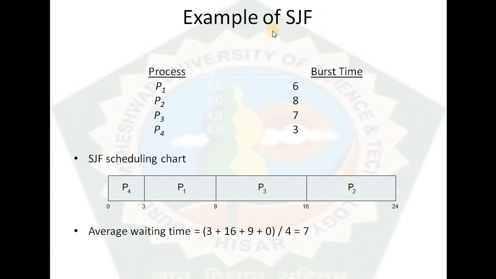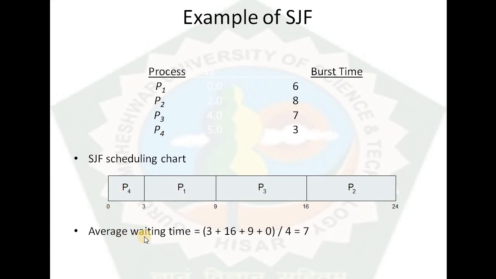I must tell you that this shortest job first scheduling is of non-preemptive type, because all the processes P4, P1, P3 and P2 release the resources themselves only after they have completed their total CPU burst time. In between they are not giving away their resources. Here the resource is the CPU, and we do not preempt or take away the resource of that particular process, so it is of non-preemptive type of scheduling, likewise first come first serve scheduling.